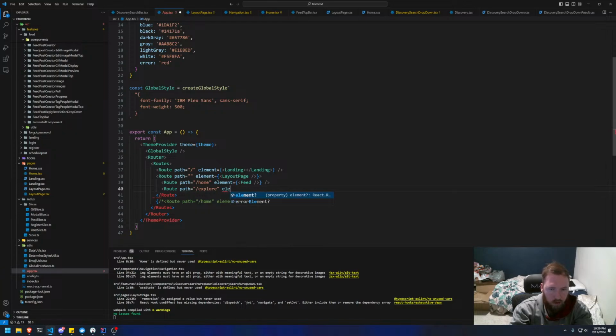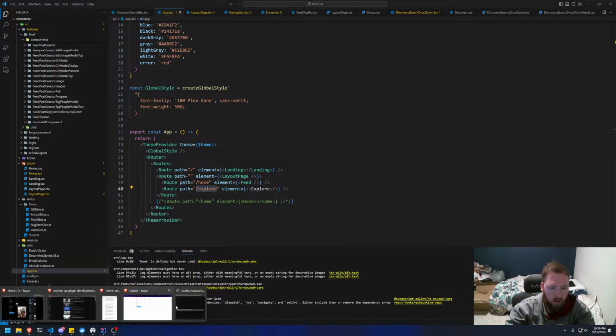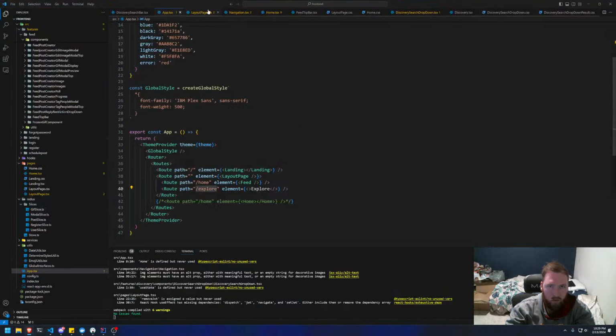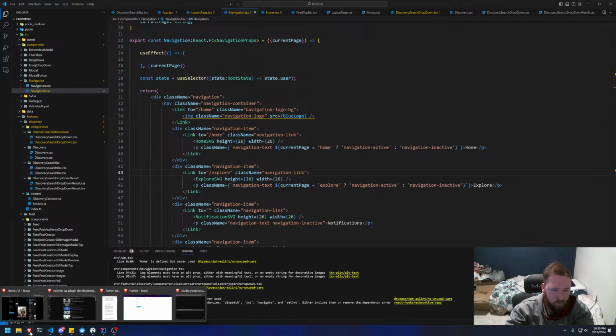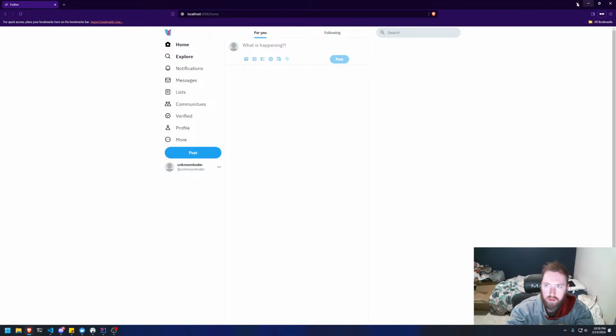And for now, the element can just equal one of these, and this can just say like explore, just to get this working or to see if it will work. So now we have a /explore route. And now if we actually go into our navigation, and we got too much stuff open now, but navigation, and we need the link to /explore, like so. So now if we explore,